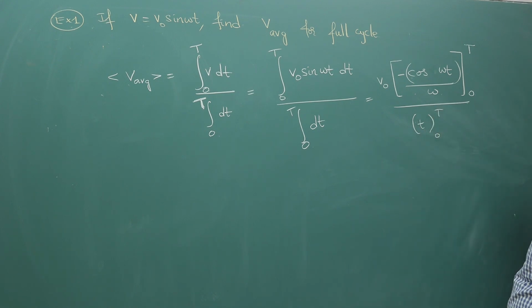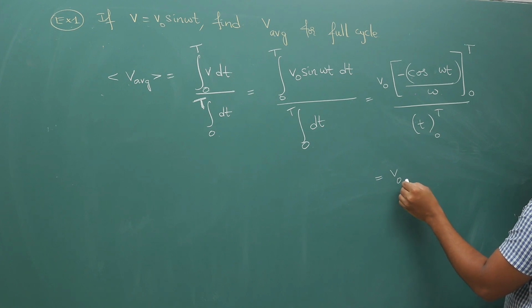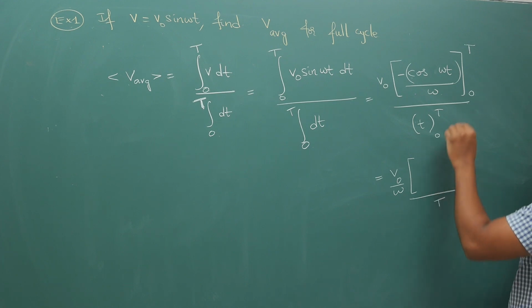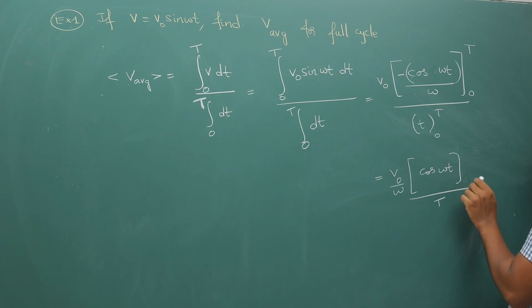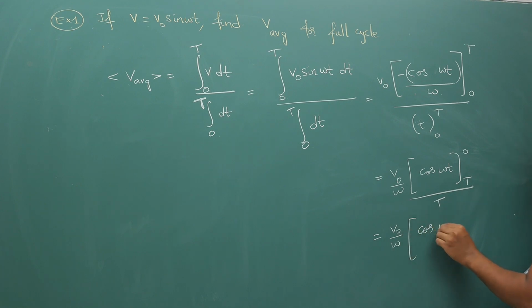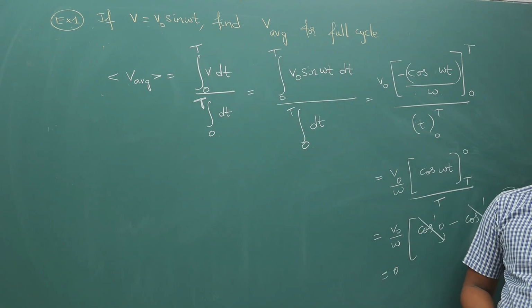Now if you look at this value. Okay, so integral of sin omega t, let us try to substitute it. So for full cycle it is V naught by omega times, in the denominator you have T, in the numerator I will interchange the limits removing this minus sign. Okay, so that will give me 0 to T, so V naught by omega times cos 0 minus cos of 2 pi by capital T into T, so its value is 1, its value is 1, both are equal, it will cancel off. Your average value of V naught sin omega t for full cycle it is 0.